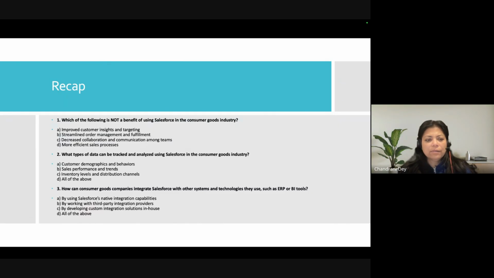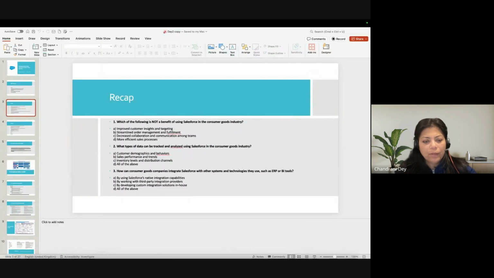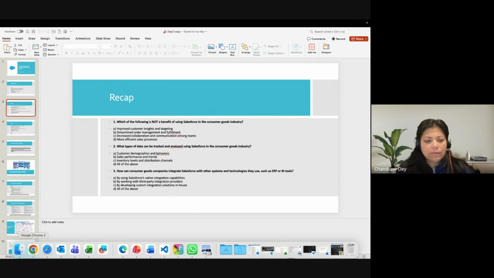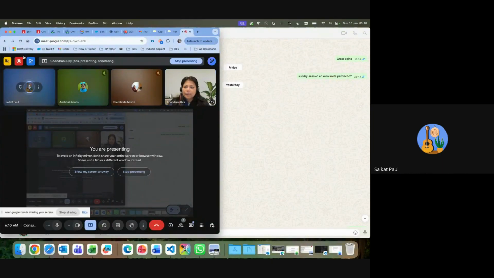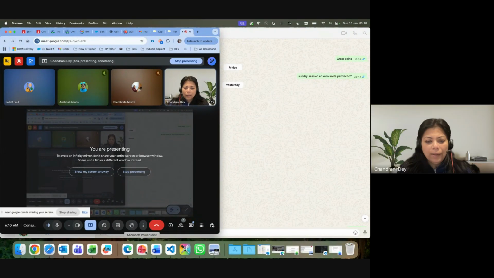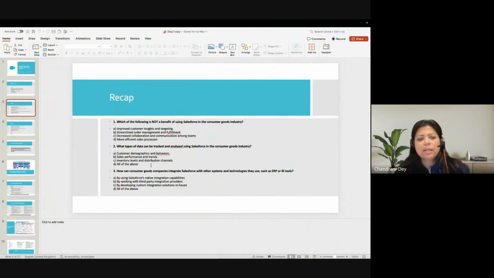Anyone who can answer? Shoikot is there, Anshita is there. Who can answer me? As Ritobroto said, I think it will be option C. What is option C? Decreased collaboration.